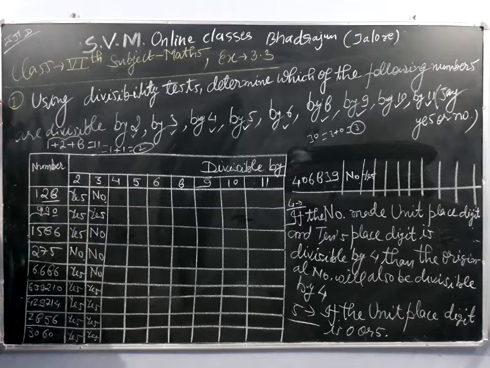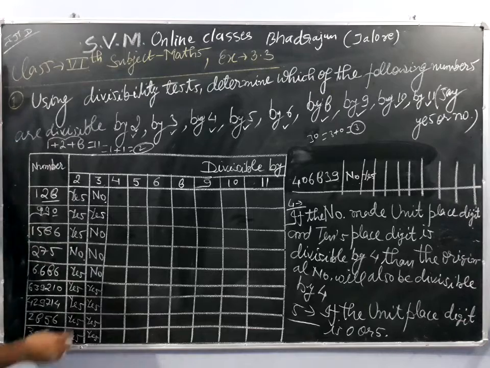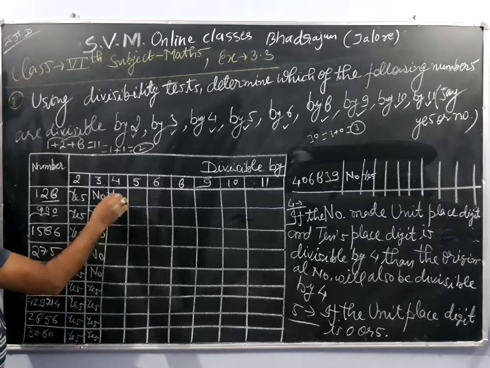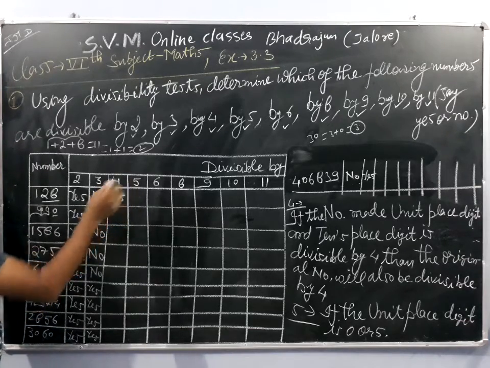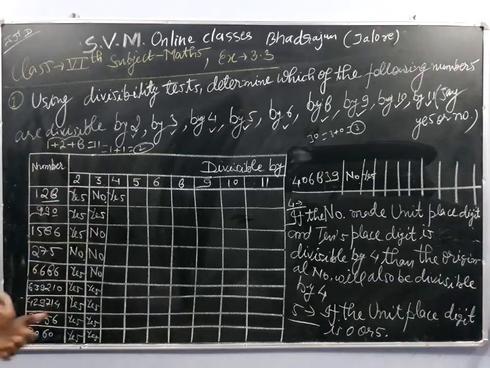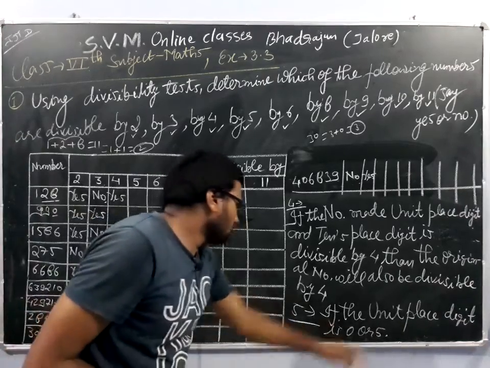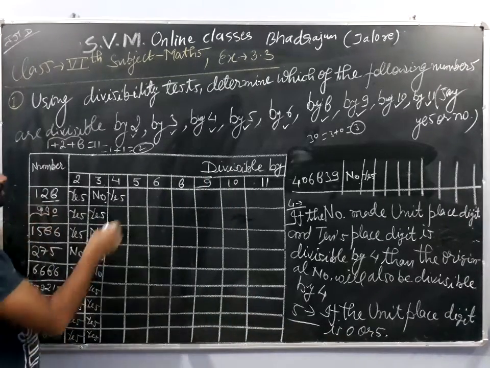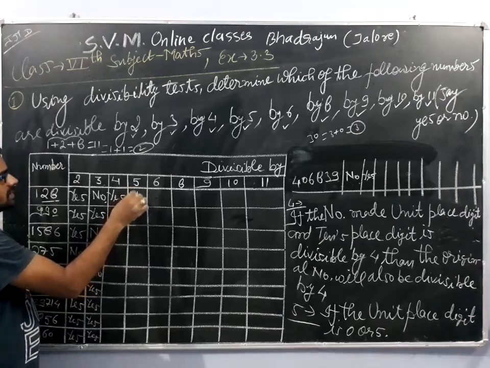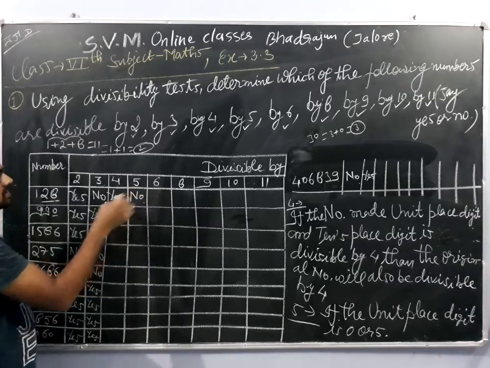Now we are able to say that if 28 is divisible by 4, then the full number, or original number, 128 will also be divisible by 4, hence our response is yes. Now we will go for 5 for the divisibility check of 5. Here we are saying our unit place digit is not 0 or 5, hence 128 is not divisible by 5, hence our response is no.